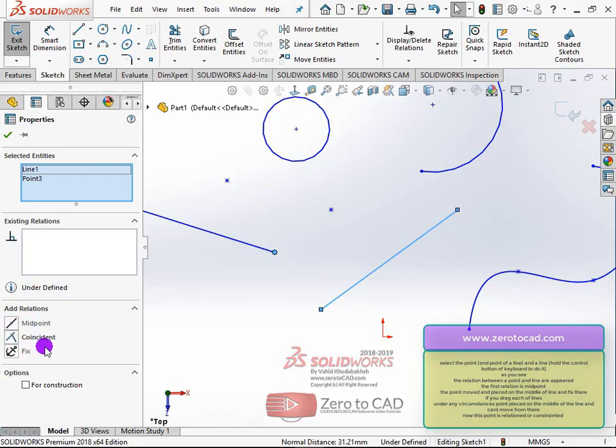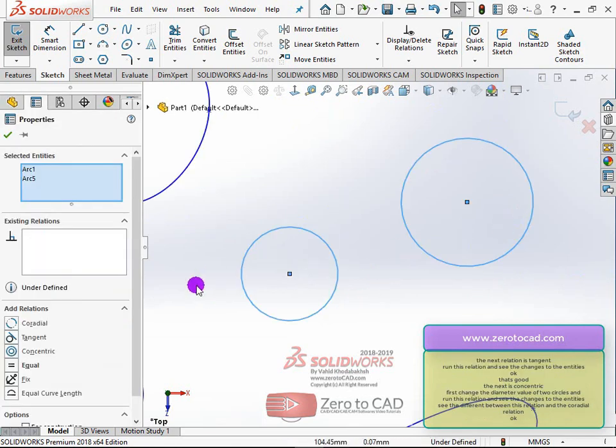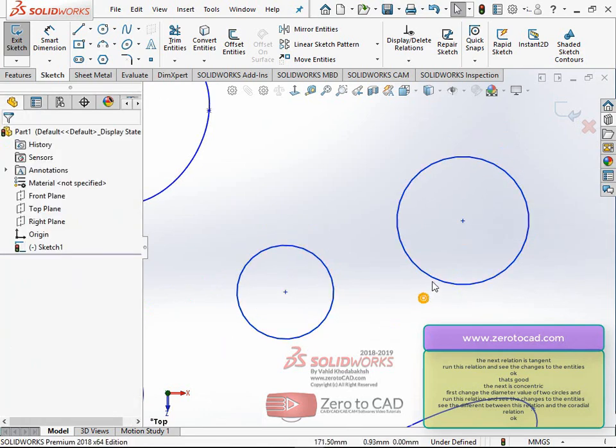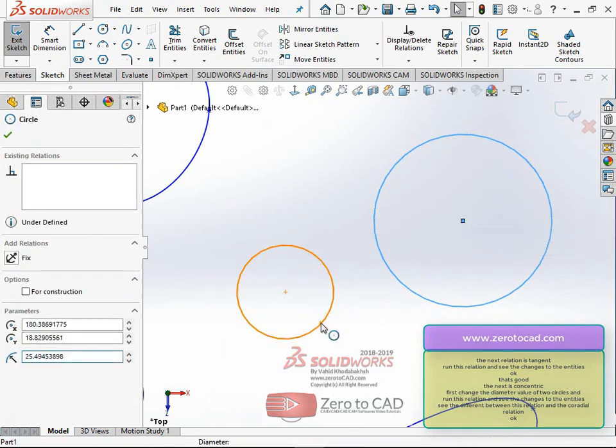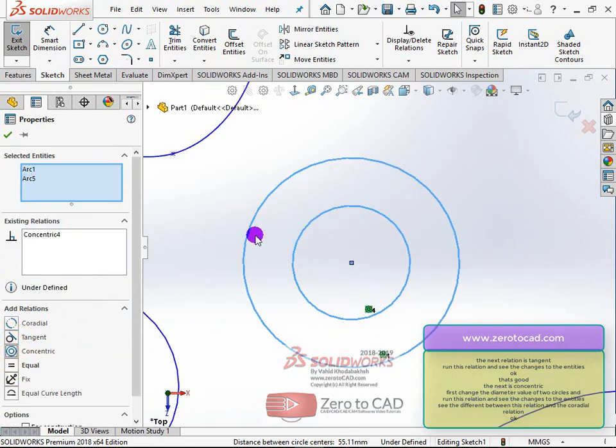The first relation is midpoint. The point moved and placed on the middle of line and fixed. The next is concentric. First change the diameter value of two circles and run this relation and see the changes